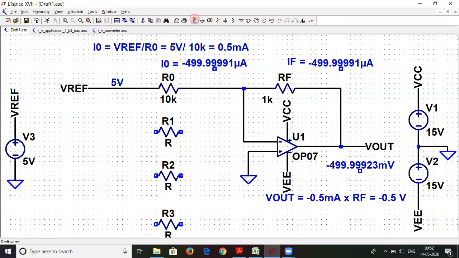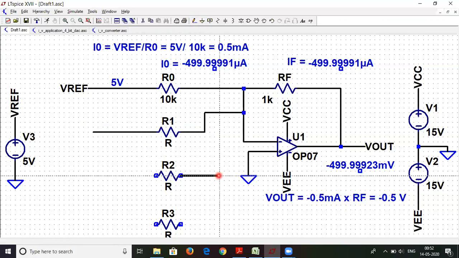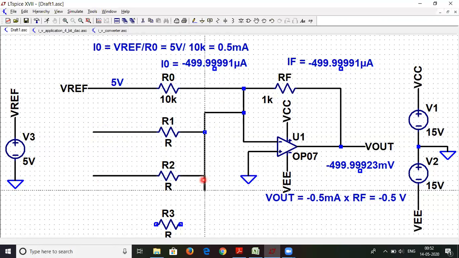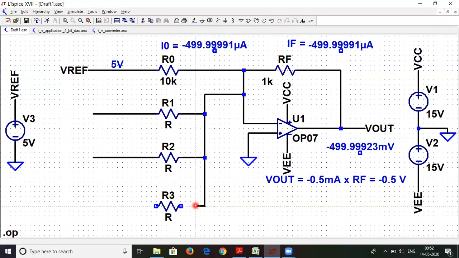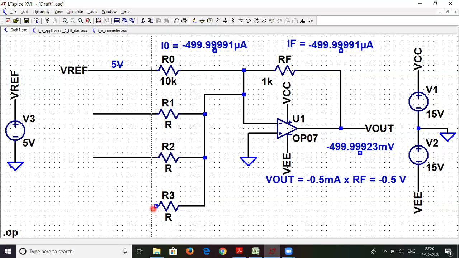So let me take this out, connect them with the wires quickly. So all this will go to the inverting terminal of the op amp. So let me connect all these resistors and let me keep this like this over here. And let me connect one more resistor over here like this.